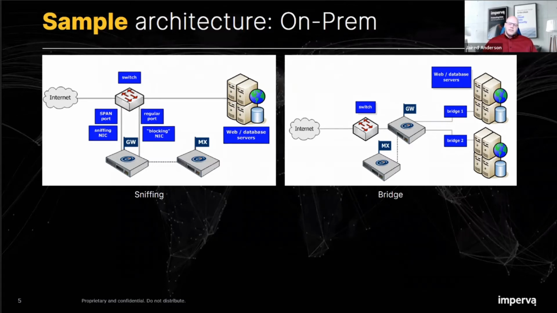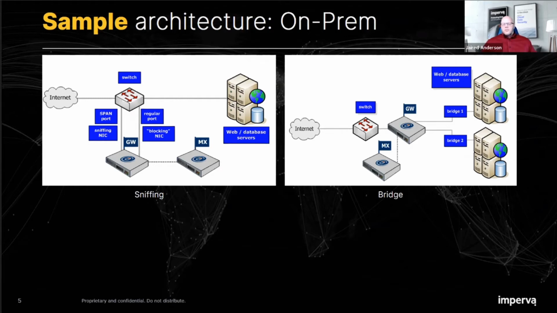However, if you do have another device like a Gigamon or something like that, you can send the decrypted traffic to the sniffing gateway, and it will be able to inspect all that traffic. So on the right side, we have the bridge deployment, and the bridge mode operates at layer 2. So it's for the most part invisible on the network. Just think of it as a bump in the wire. There's a connection that goes in, and there's a connection that comes out, and we decrypt the traffic in between and inspect it, and then pass it on to the web server.